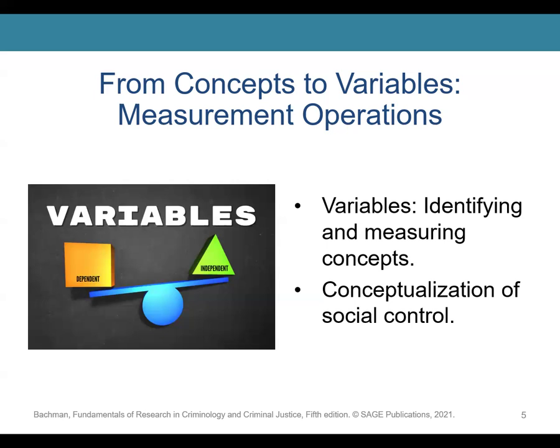When we look at the conceptualization of social control, it's on the basis of defining and determining variables that represent it. It is defined as all the processes by which people define and respond to deviant behavior. So we're looking at what those specifics are. When we're looking at the concept of youth gangs, we're looking at the deviant behavior of what a gang does. Not just a group of kids hanging out, but a gang that is formalized, with a more organized social structure and what they're meant to do.